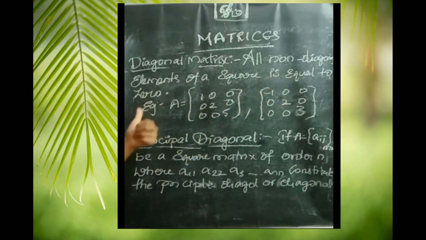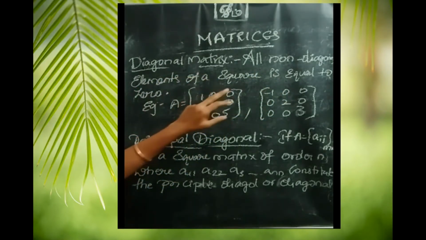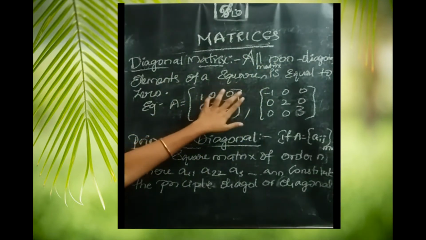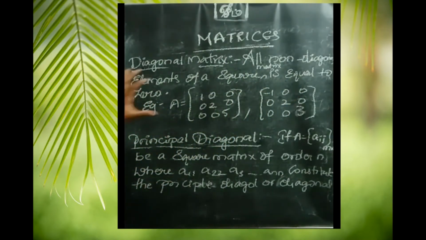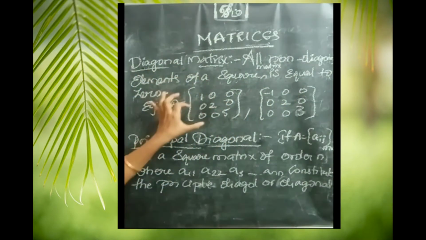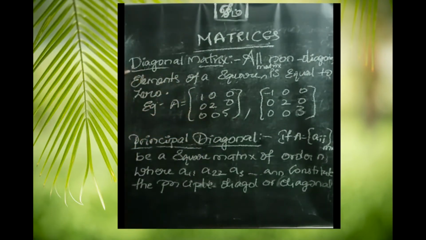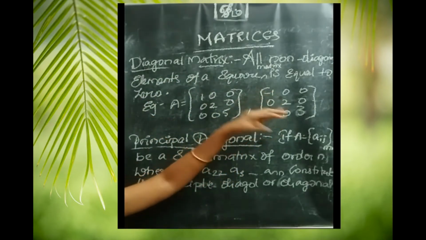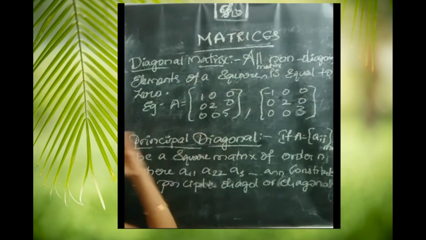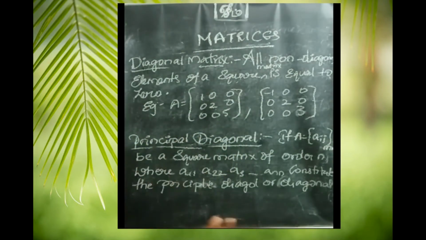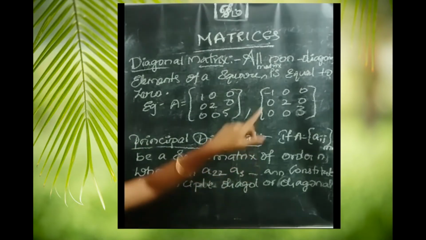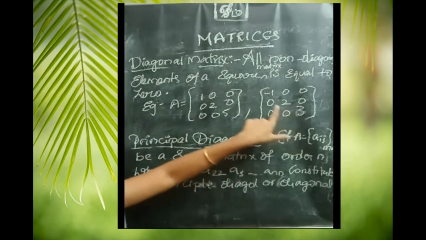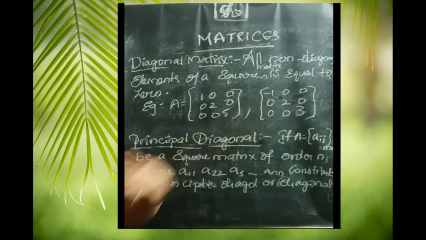So if the non-diagonal elements of a square matrix, that means only in a square matrix, okay, are equal to 0, it should be 0. The non-diagonal elements are 0. Then that matrix is said to be a diagonal matrix. Same as in the matrix, it may contain minus also. So negative numbers can also be taken. Elements means whole numbers, variables, whatever it is. Okay. In this, see here, this is the diagonal matrix. Why? Because the non-diagonal elements are 0.